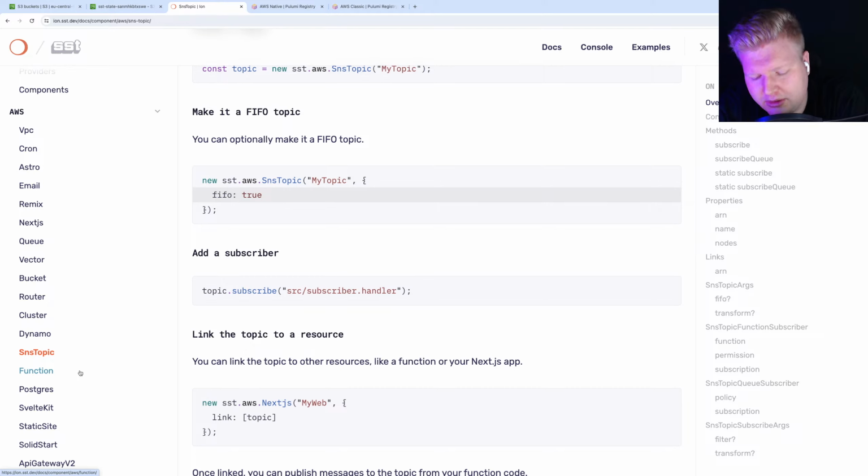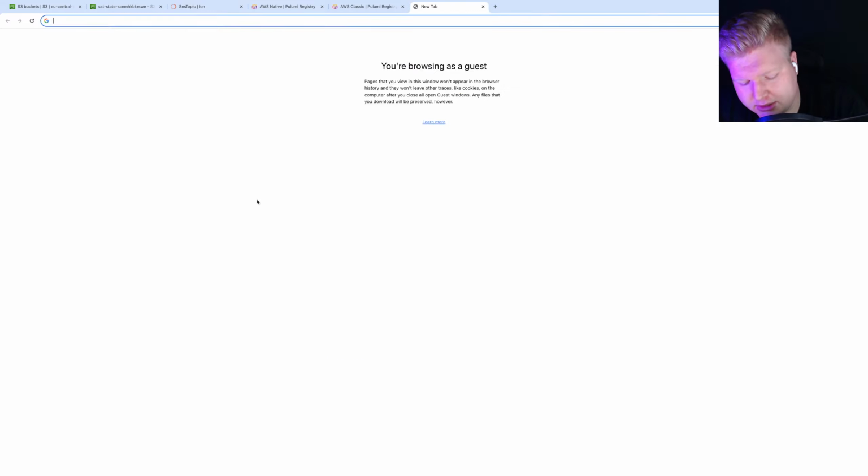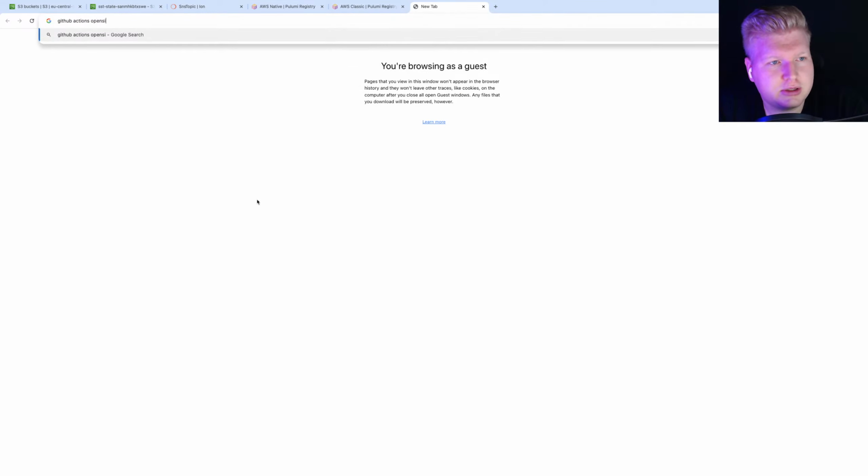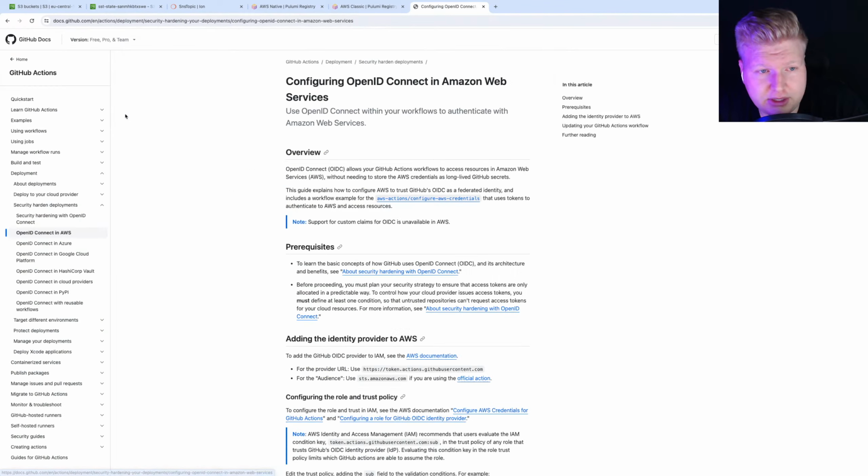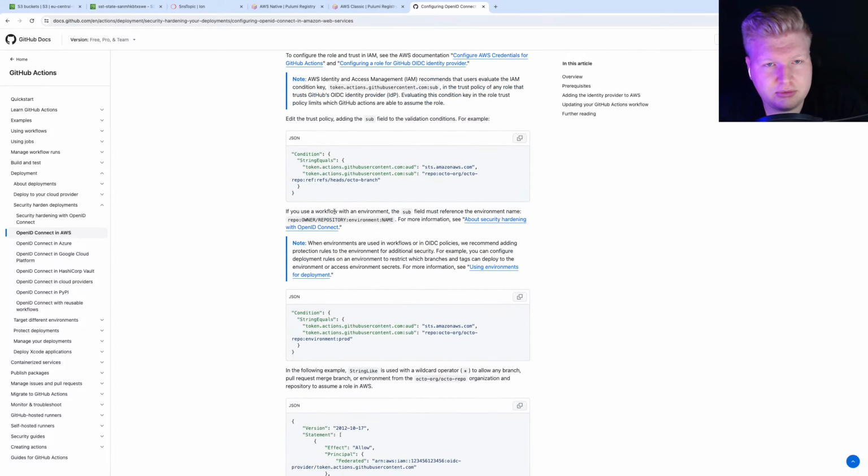But if you mean that you could use GitHub Actions for deploying SST, definitely that's possible. If you're deploying to AWS, you just need to set up your credentials, secrets, or what I recommend much more, GitHub Actions OpenID Connect. There's a great article about that from GitHub on how to set it up with AWS, and then you can very easily control the permissions, and you don't need to store any long-lived credentials. And with that, you just run SST deploy in your GitHub Actions workflow, and it gets deployed.